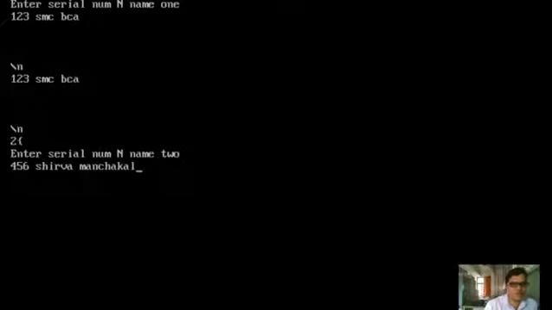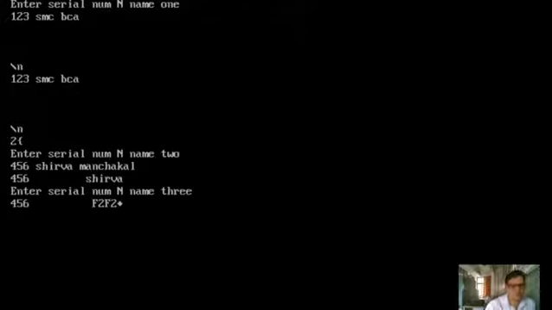While reading the characters using %s, it will take them, but it will skip at the display time. At the display time it will store only Shirva and it will skip Manchakal. Got it? For 456 it will store only Shirva.